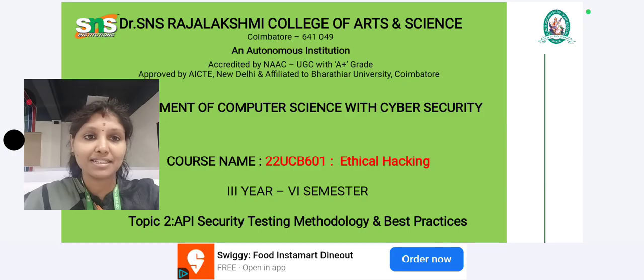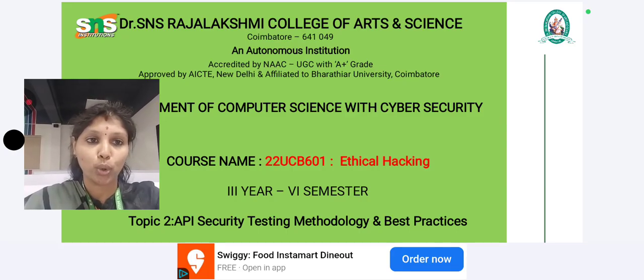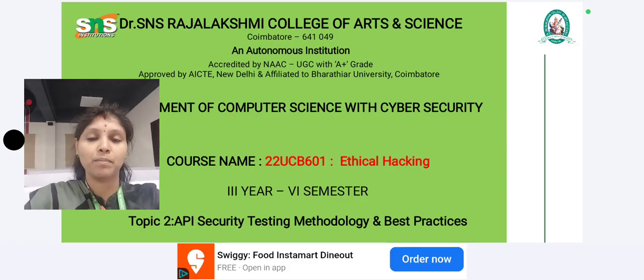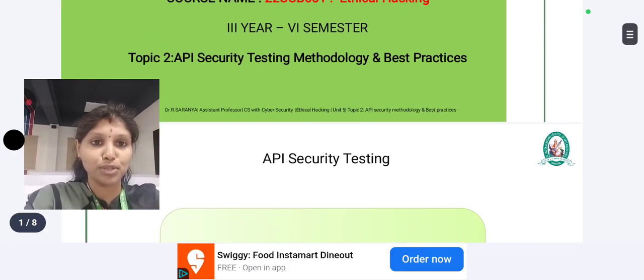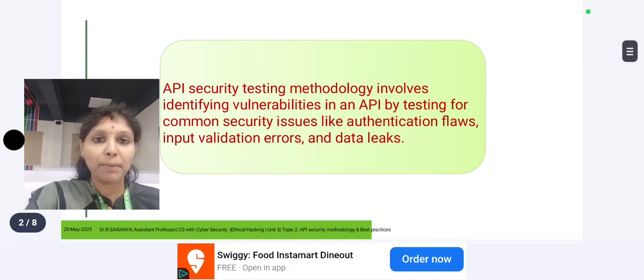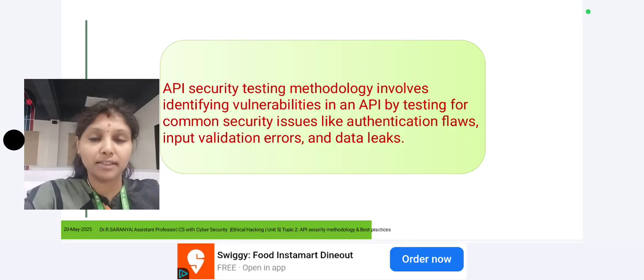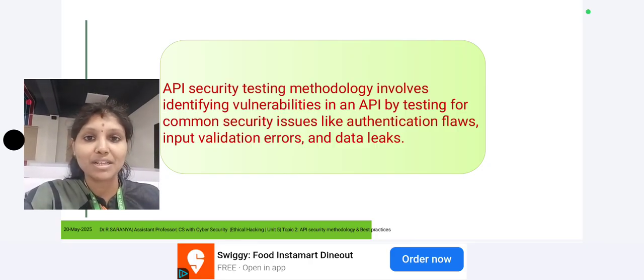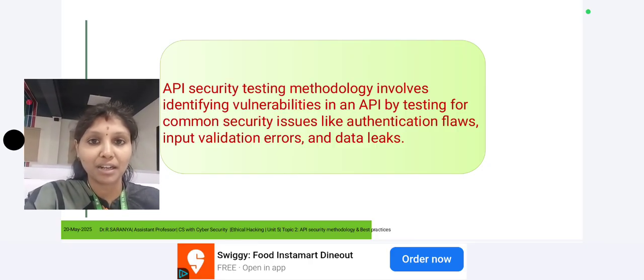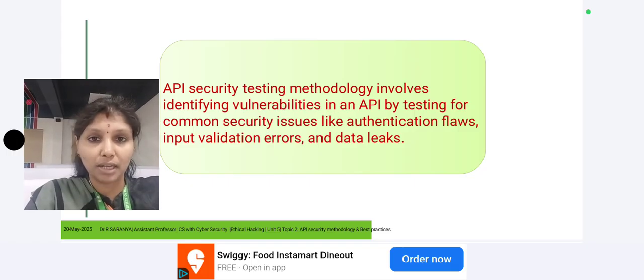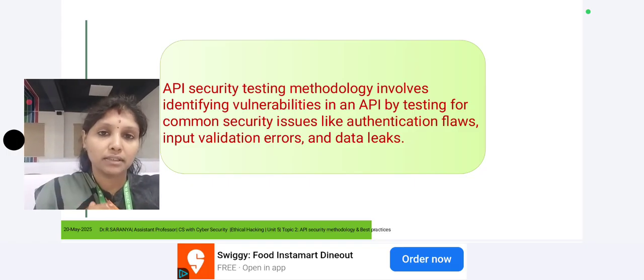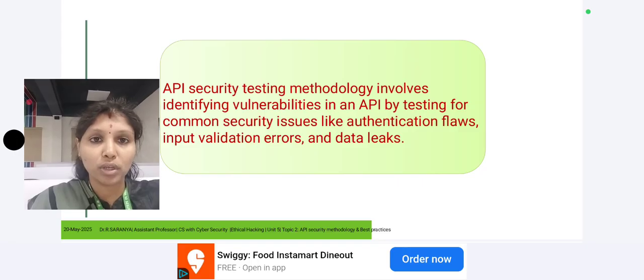Today in this lecture series, we are going to see the topic in ethical hacking: API security testing methodology and best practices in API. Now let us see, first of all, what API security methodology means. API methodology is none other than the design, development, documentation and maintenance of applications, so that they are very much secure when compared to other applications. Under application programming interface, the methodologies implement